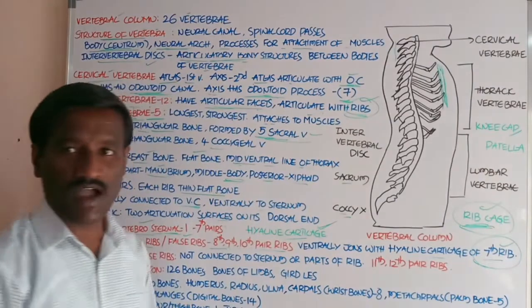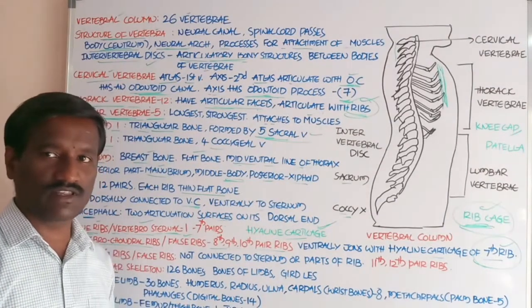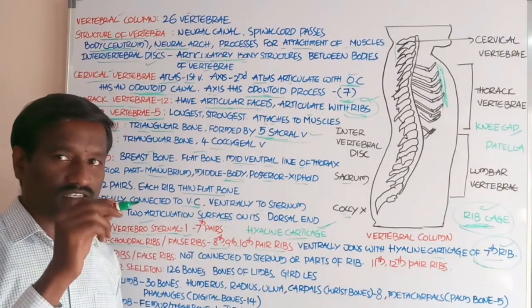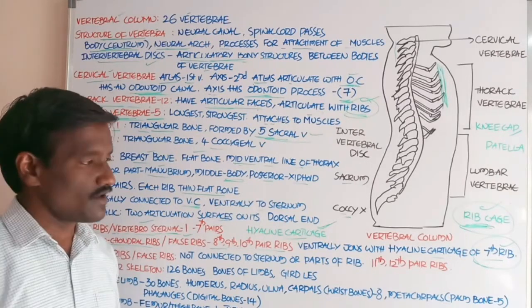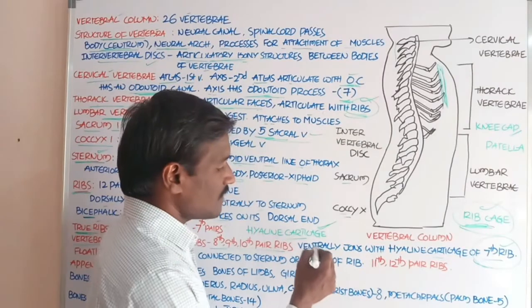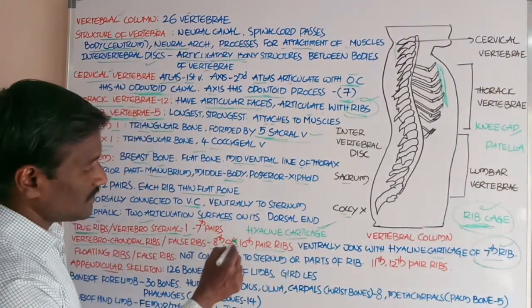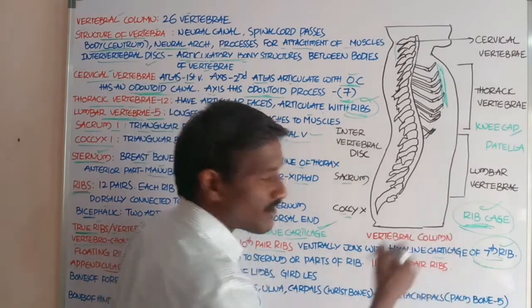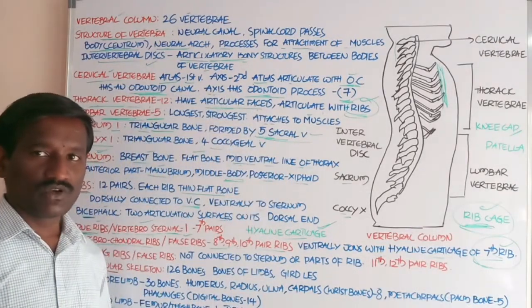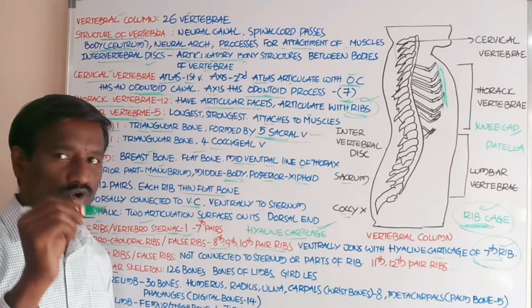Hyaline cartilage is one type of cartilage among the three types of cartilages. Okay, student, these are ribs. 8th, 9th, 10th pair ribs ventrally join with the hyaline cartilage of the seventh rib. Hence these are called vertebrochondral ribs